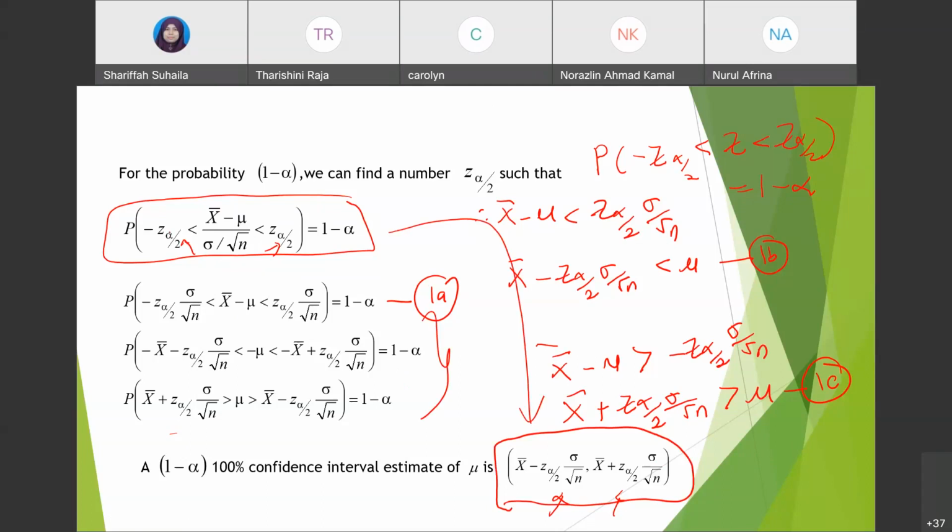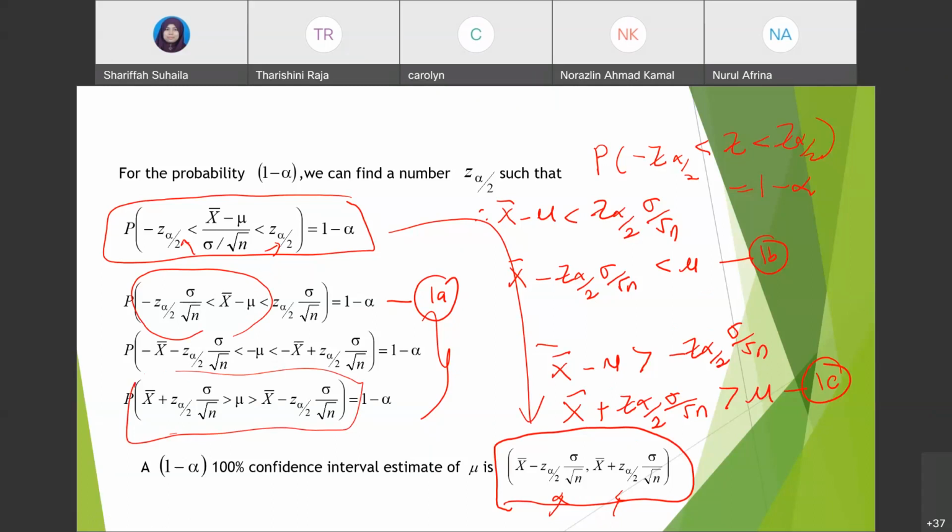So that's why you want to simplify this one. So bring this one to the left side, right hand side. Okay, so write down x bar minus mu less than z alpha over 2 sigma over square root of n. So simplify, that means you have x bar minus z alpha over 2 sigma over square root of n less than mu. Okay, the same thing here, we have x bar minus mu greater than minus z alpha over 2 sigma over square root of n. So rewrite, and then you rearrange back the inequality. So it gives you this, and then you get your lower limit and also your upper limit. Okay, that is the concept.